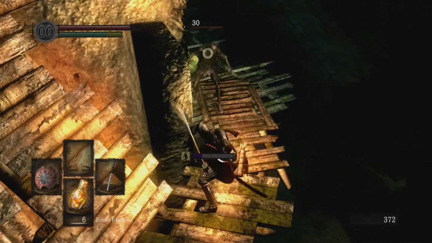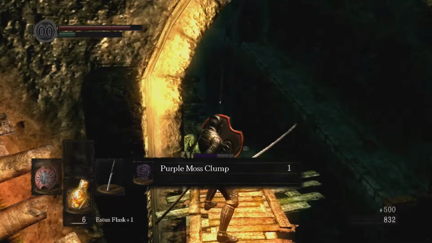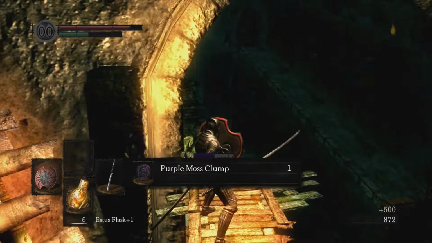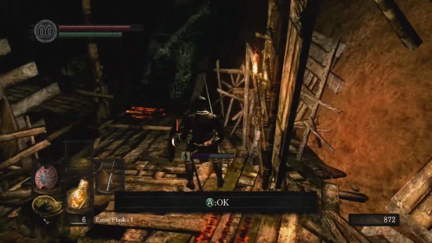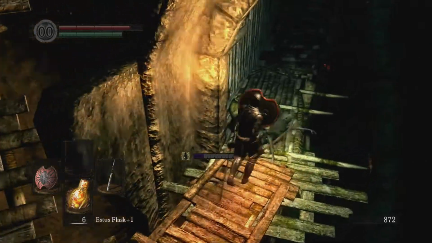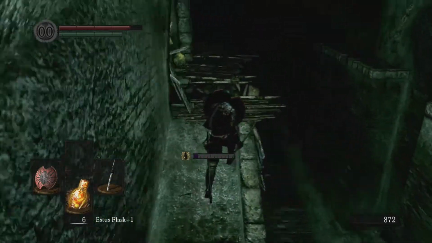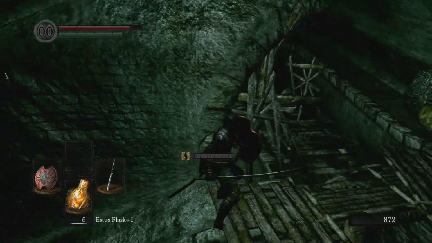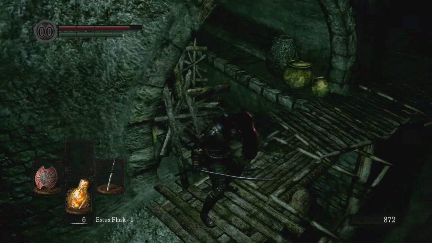Hello, asshole. Oh, and that's all you give me? Purple moss clump? Just want to get that out of my face. Alright, so now over here, just go this way. Well, one of them actually dropped down. They get very aggressive. There's one over there. So you got to be quick about this. And since you've got all this shit blocking you...